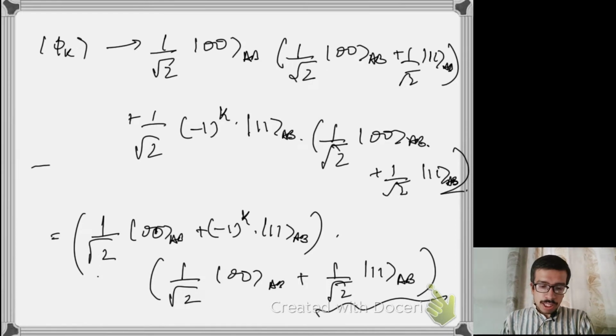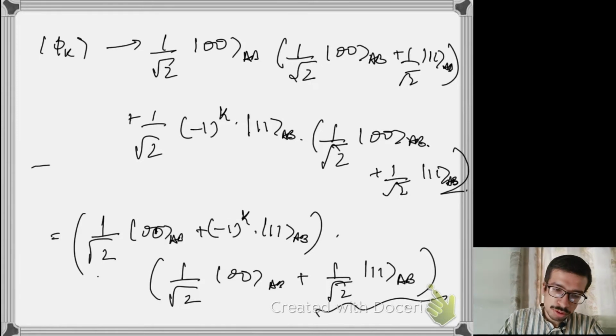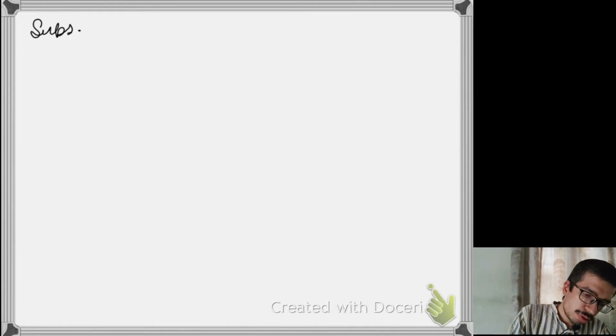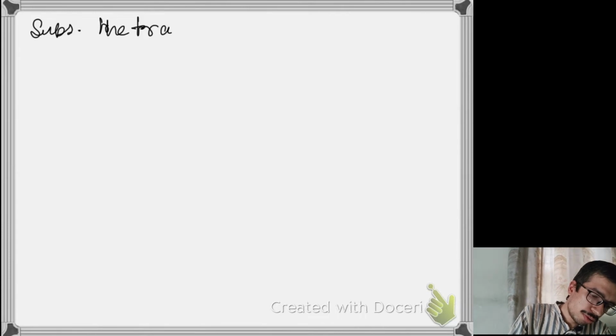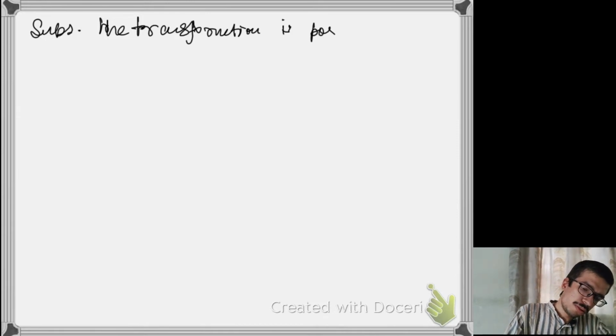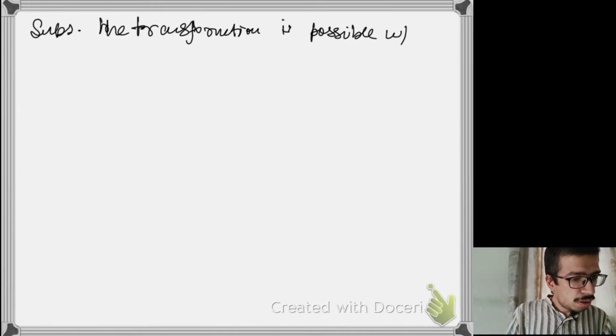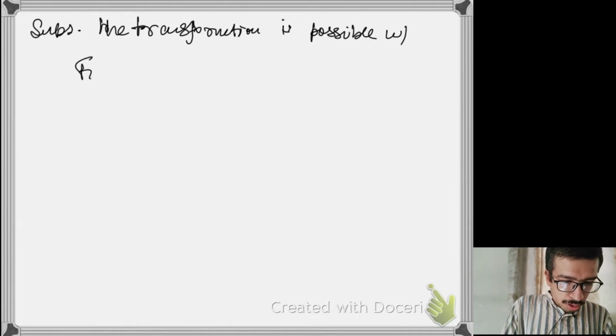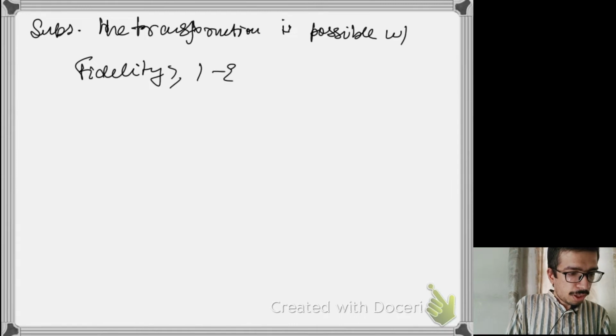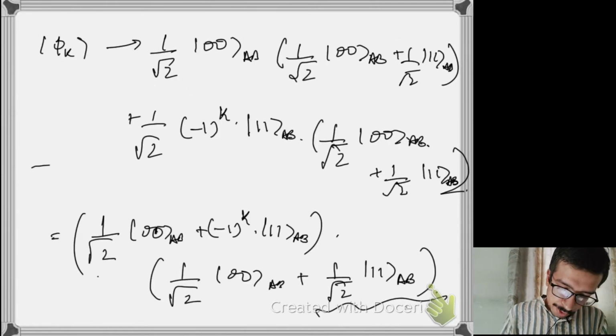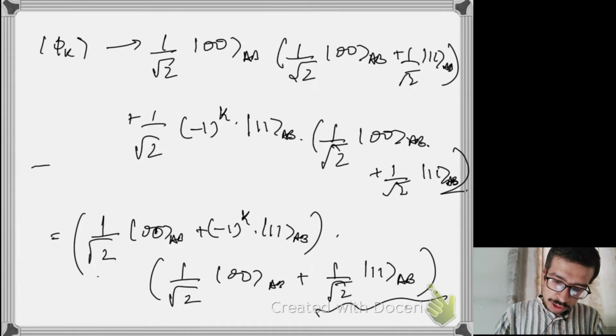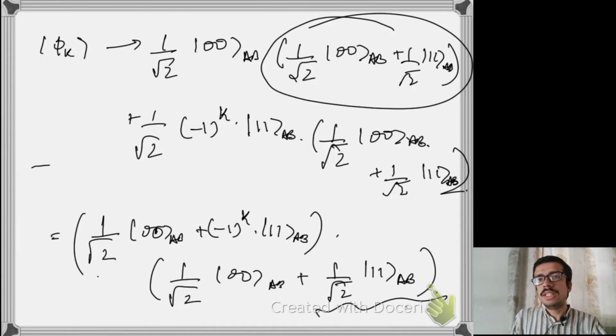Okay. So suppose this is doable with fidelity greater than or equal to 1 minus epsilon. So suppose the transformation is possible with fidelity greater than or equal to 1 minus epsilon, which means that now I cannot distinguish this transformed state from its original state